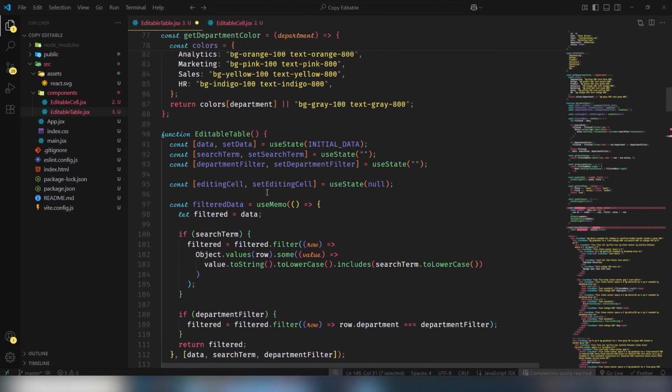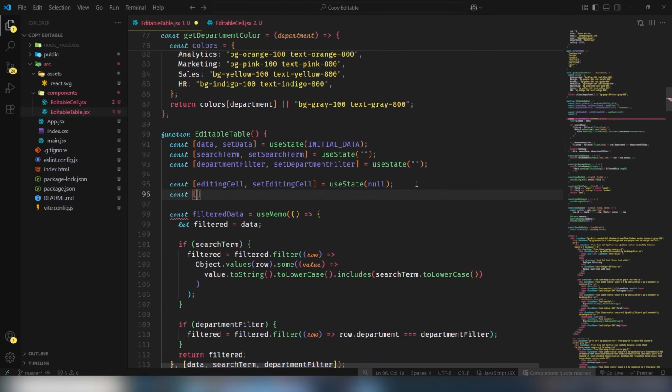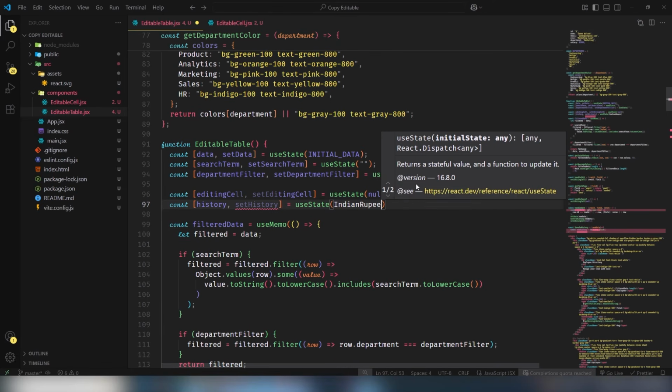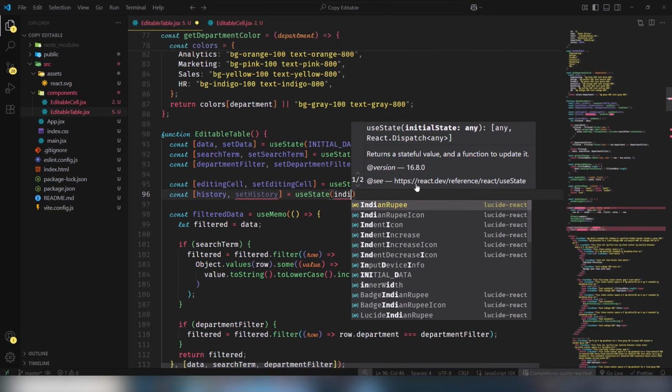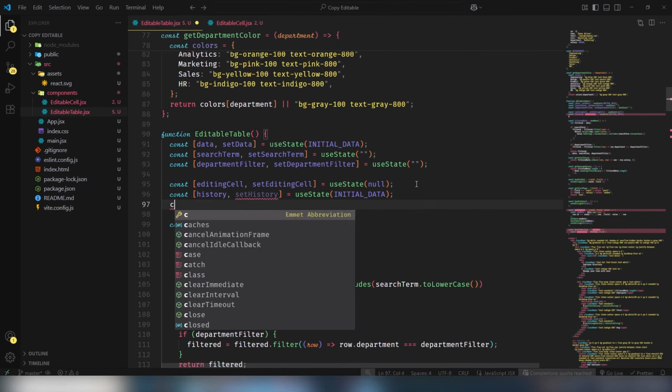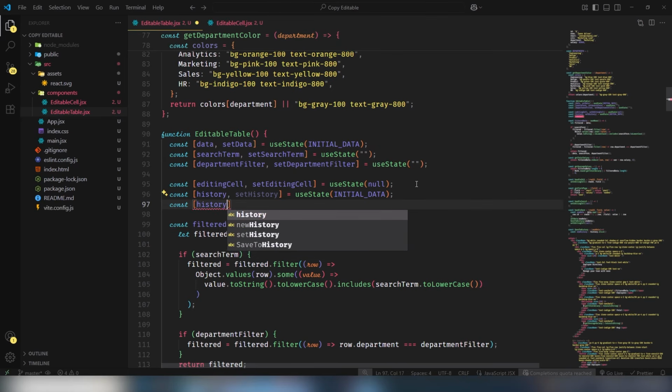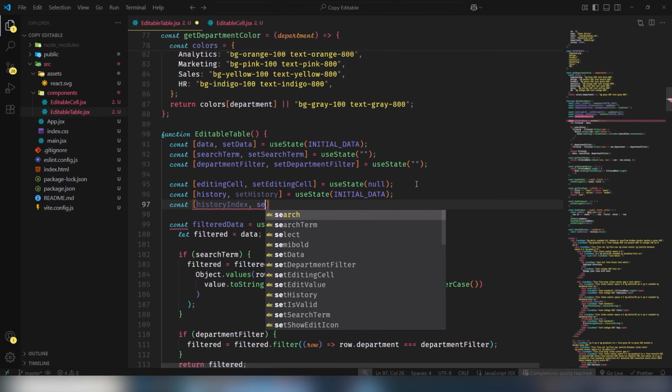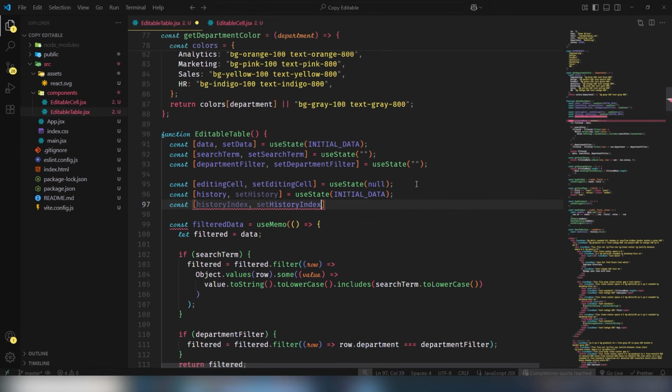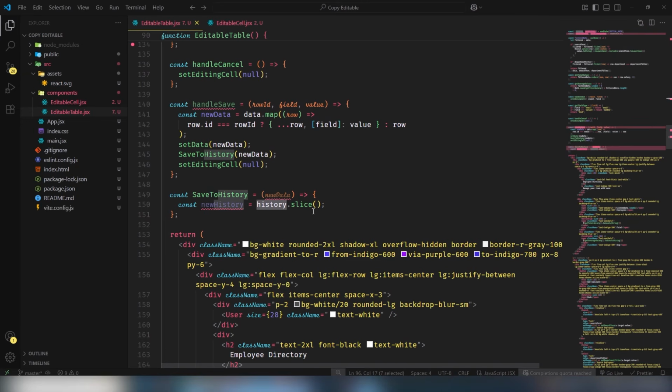Let me check this one, the state is not there, I need to create this state, guys, that is my mistake. const history, setHistory, and useState initial data, and also I need to create another state, historyIndex, setHistoryIndex. By default the value is null, so I just target the history,